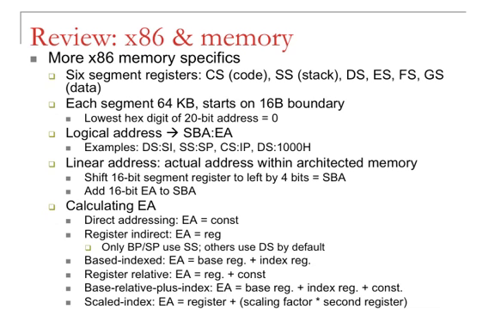And if you want to have linear address, you need to do the shift and then addition. If you already know the effective address, for example, if it is a number, then you're all set. Otherwise, you're gonna calculate the effective address by using maybe two registers, or a register with a constant number. So you do these additions, and depending on the addressing mode, you will use different elements to calculate this effective